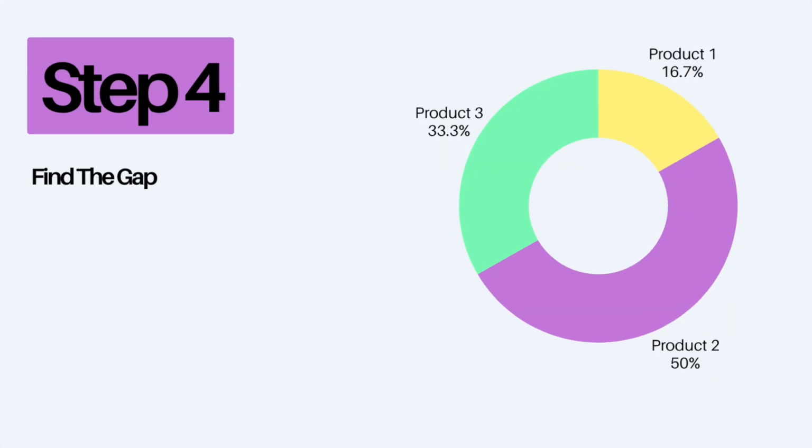Step 3, like we mentioned a few seconds ago, find the gap. And this is where most people stop. But actually, this is where the real opportunity is. After looking at the competition, ask yourself, what is everybody doing the same or pretty similar when it comes to this product? And more importantly, what is nobody doing? Maybe every resistance band brand is marketing to people who go to the gym, but nobody is talking to the people who are doing physical therapy at home. Moms who just finished nursing or giving birth, elderly folks who are looking for ways to strengthen their muscles and increase their bone mass so they don't hurt themselves in the event of a fall. That gap, that underserved angle, is where you build your wedge in the marketplace.